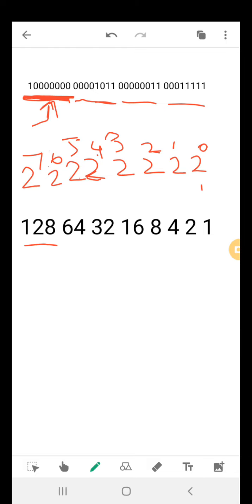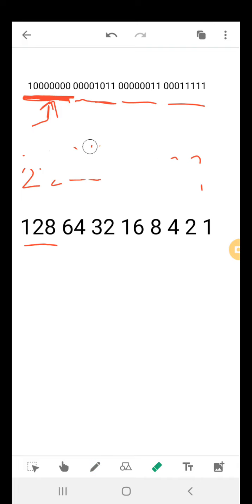So remaining all are 0. So if we convert the first octet into decimal, then the result will be equal to, since we have 1 in the 7th location, so that is going to be 128. So my first octet is 128. So give a dot in between. Now take the second octet, which is